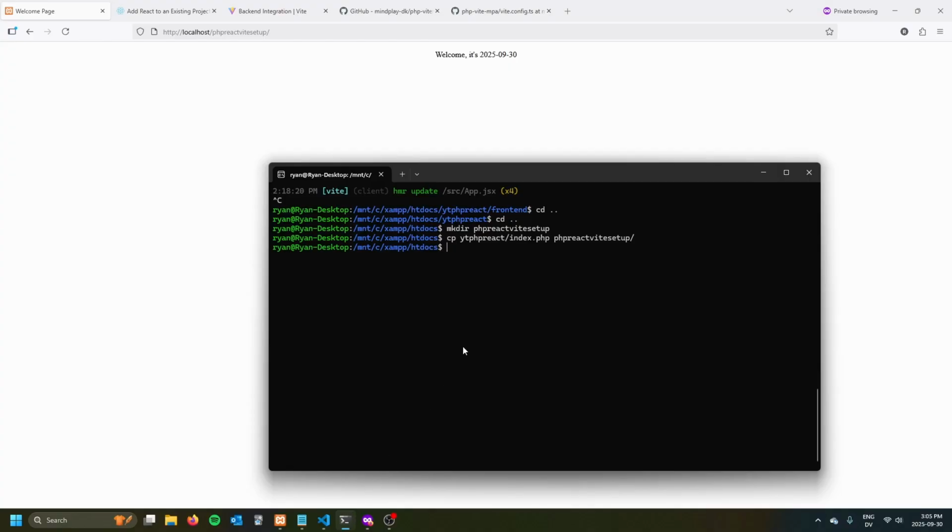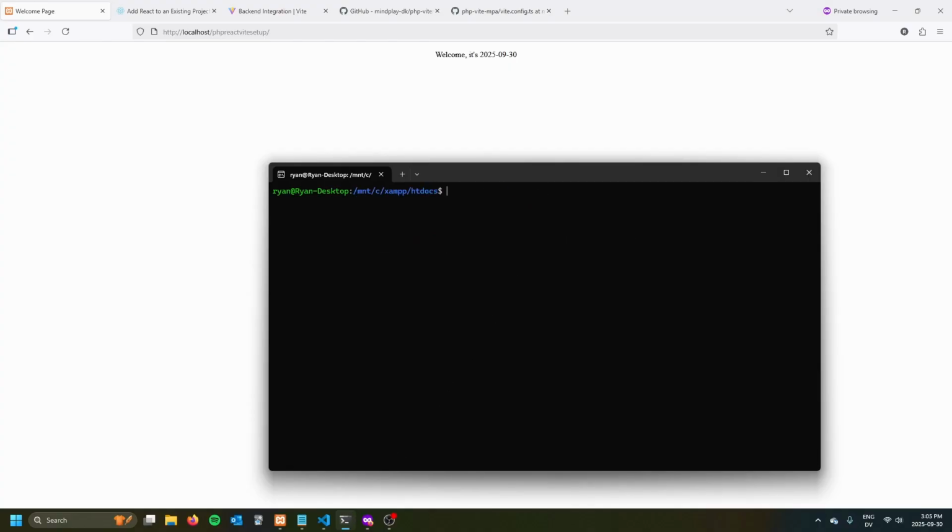So how do we get started? Well, the first thing that we actually need to do is create the Node.js project that we're going to use with Vite. And so what we could do here is I have